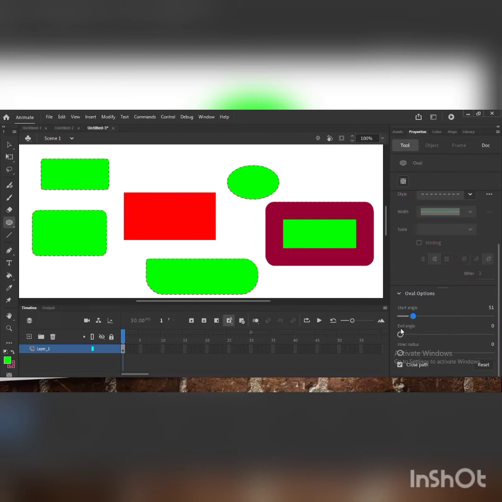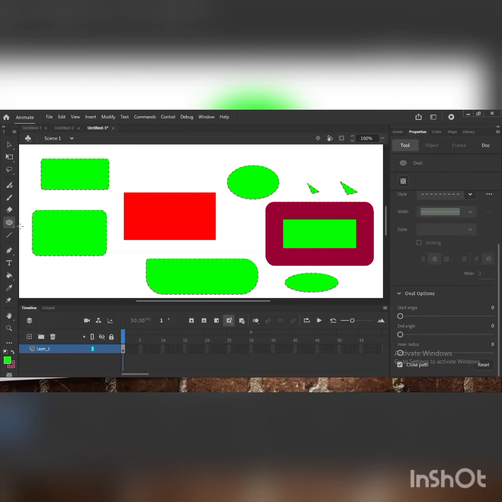By default, it is 0. So when you try to make it, you can look here. This will not make an oval shape. By default it is 0 because we are making an oval shape. So like that, we can make it.